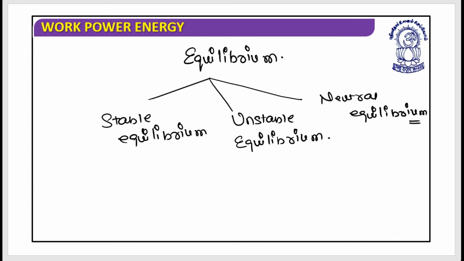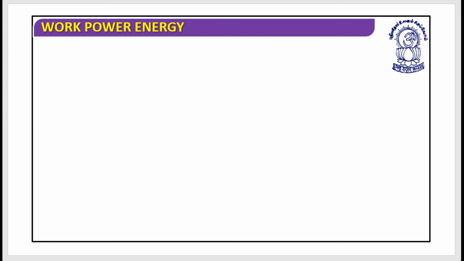Yes, we have three equilibriums: stable equilibrium, unstable equilibrium, and neutral equilibrium. So let's check this one by one, and let's get an idea of what equilibrium is. Before we start with equilibrium, I need to see the graph